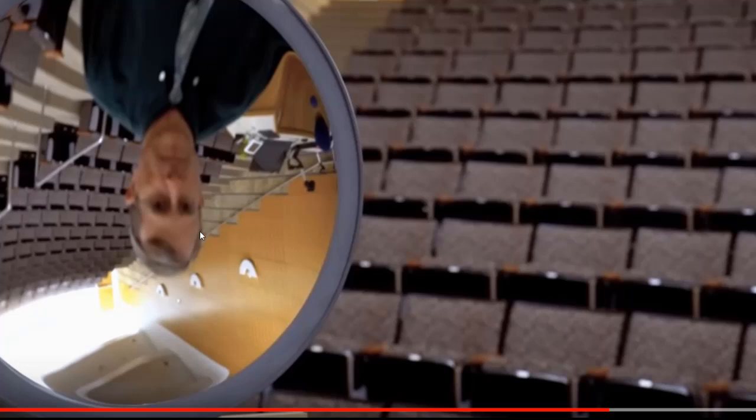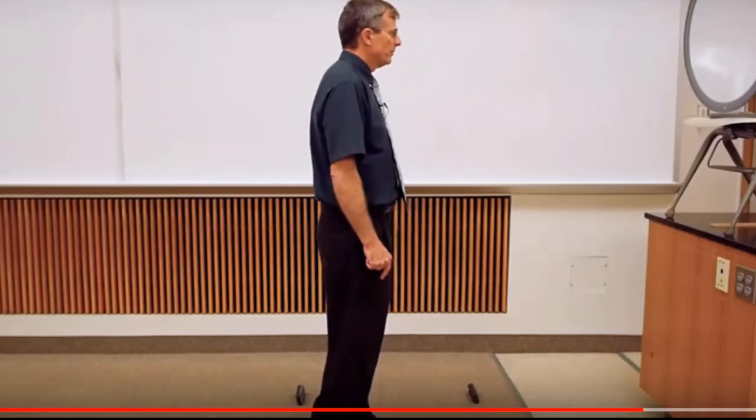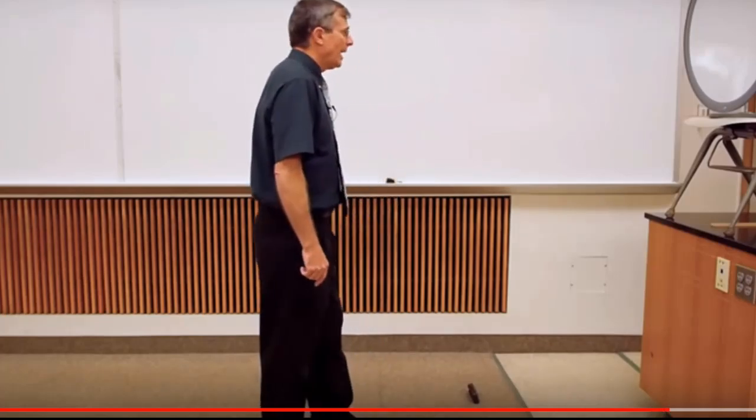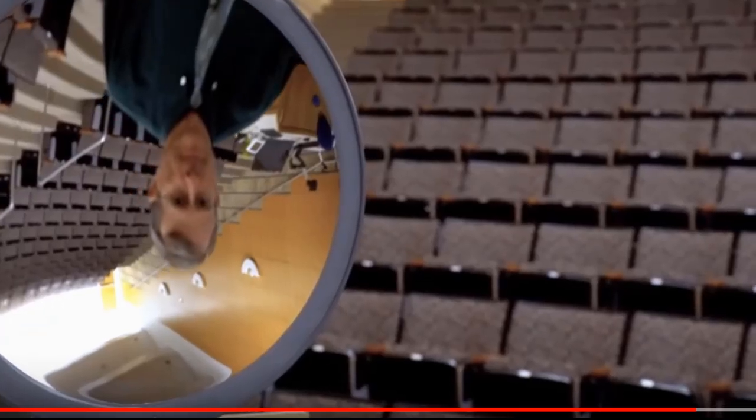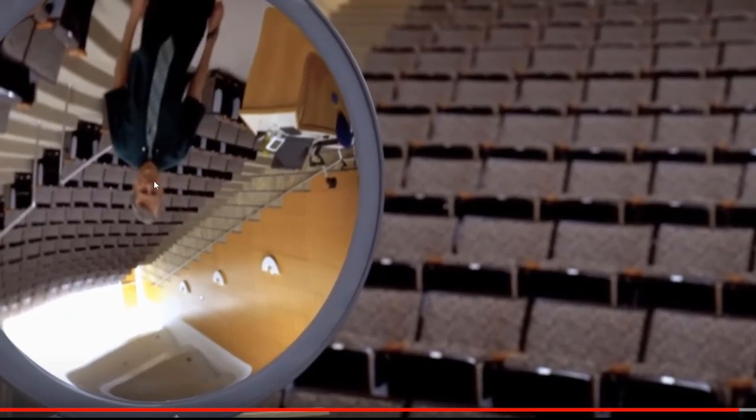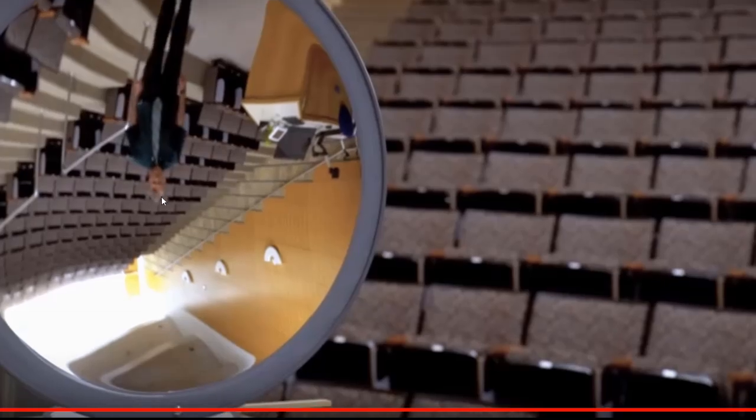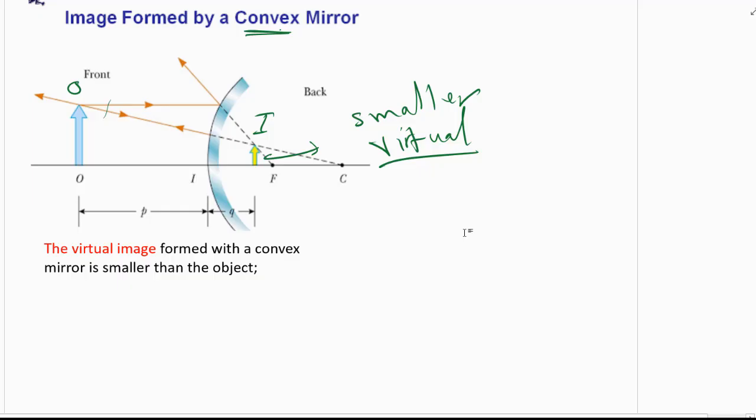Still, this is a real image, it's inverted, and of course this image can be displayed on a physical surface. Now we can see he's moving away. Once he moves away, the image gets smaller,